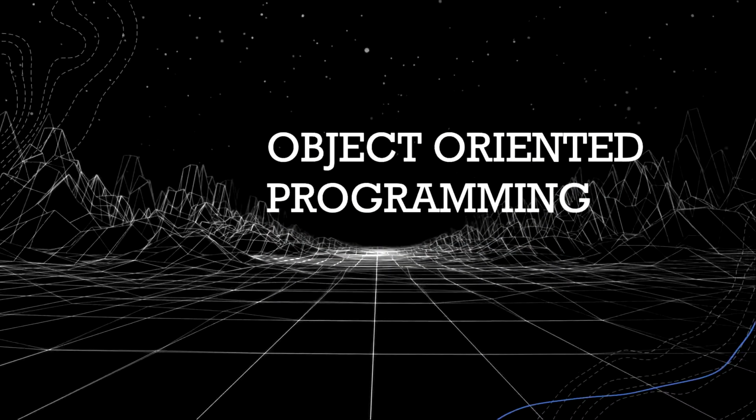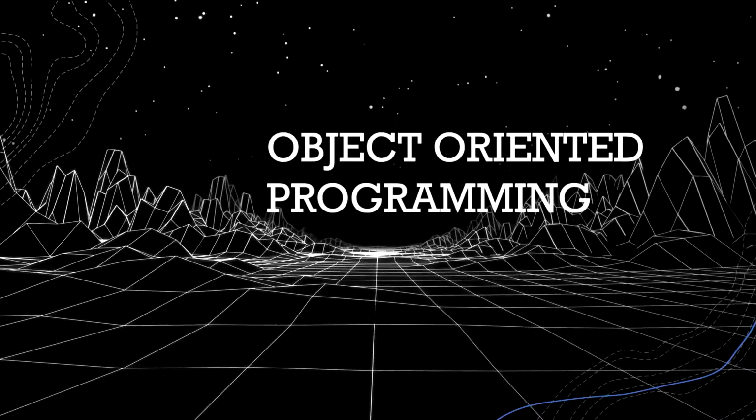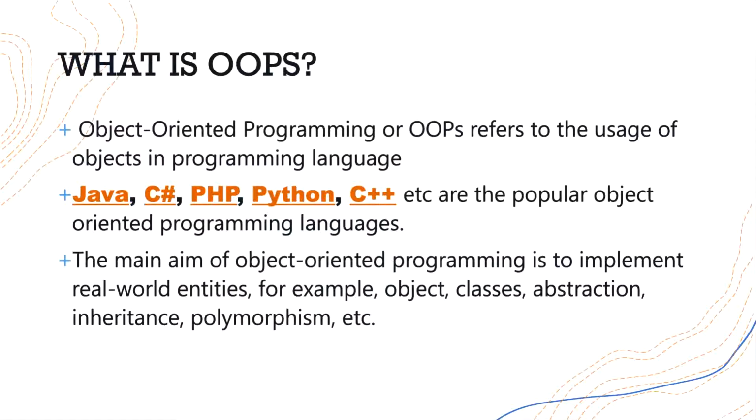Before we understand the different concepts in object-oriented programming, let's first understand what object-oriented programming means. Object-oriented programming is nothing but the usage of objects in a programming language. We have discussed in the beginning that Java is an object-oriented programming language. What that means is Java is used to solve real life scenarios. Object-oriented programming is an approach to solve that. It is like a way of solving a particular problem.